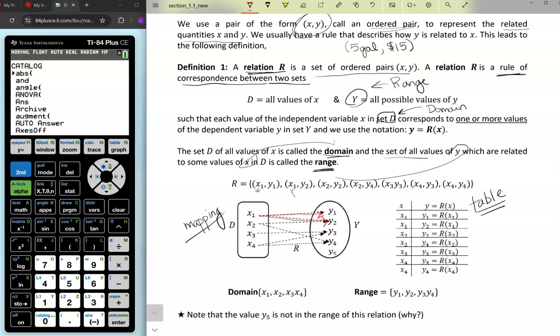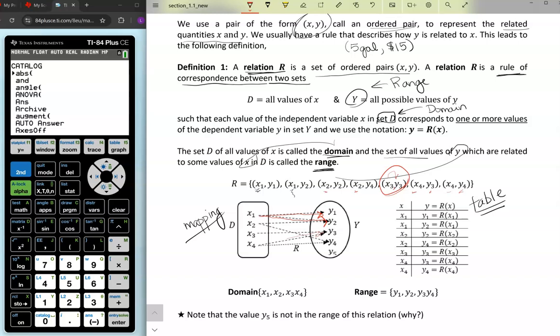Now, as we go through here, we can see x2 also repeats into two values, and you can see those two arrows moving. And x4 has two values. So x4, there's the two values of x4 mapping off for y3 and y4. But you notice x3 only has one value in this list. x3 corresponds to y3. So if x3 corresponds to only one y value, it will only have one arrow, and